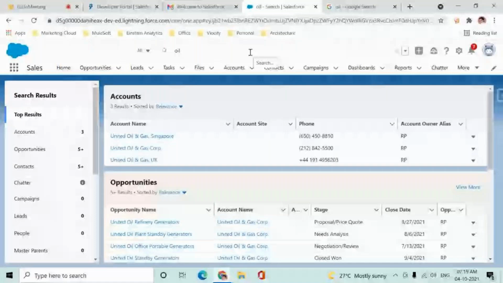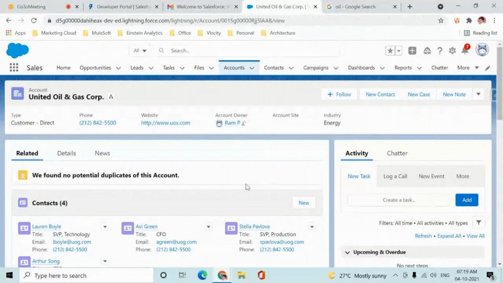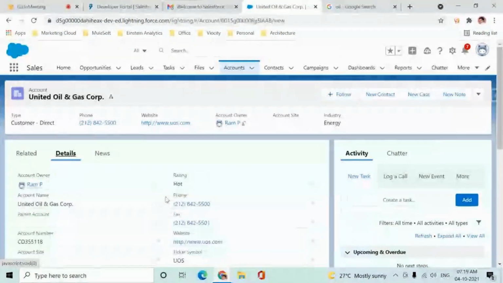Now let us say I have decided, okay, this is the record that I need: United Oil and Gas Corporation. By the way, these records will be there in yours also. Salesforce will give you some dummy records as well. Now I have decided this is the one that I'm working on. So I opened the details, made some updates, things are working fine. And I want to work on the same record when I'm back. Let's say tomorrow I'm going on vacation or something. The moment I open the system, I don't want to again go to the accounts tab, open this record, or search from here.